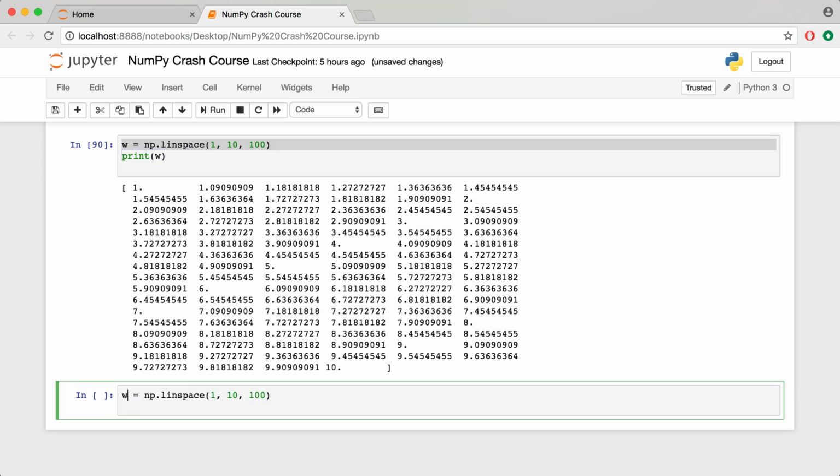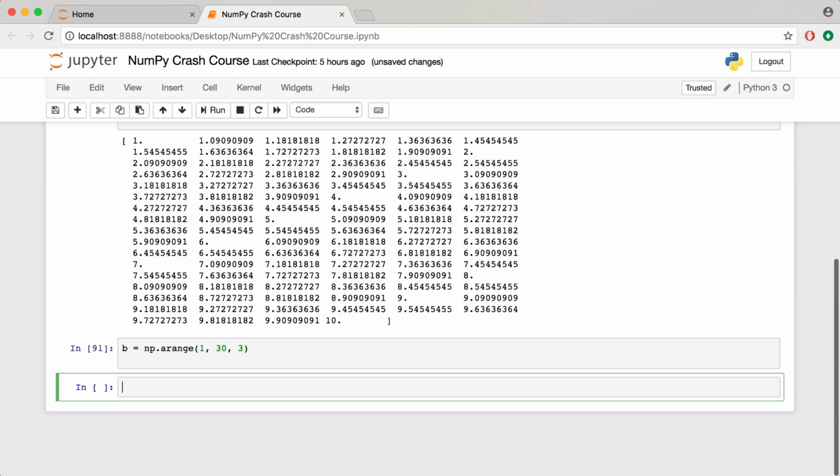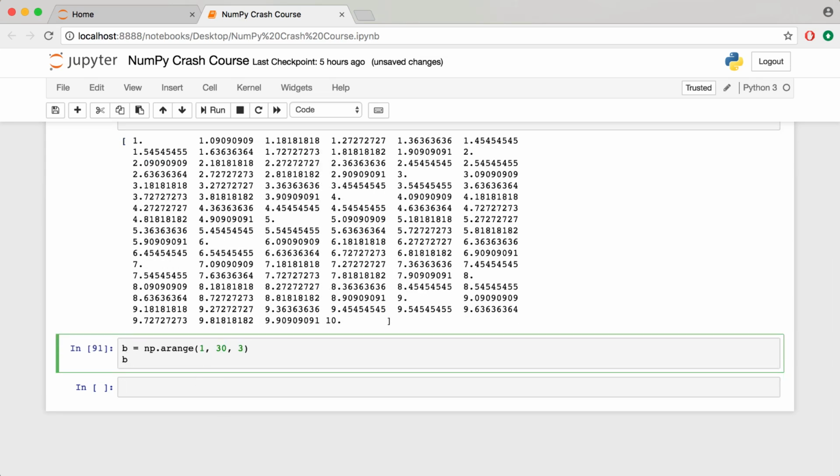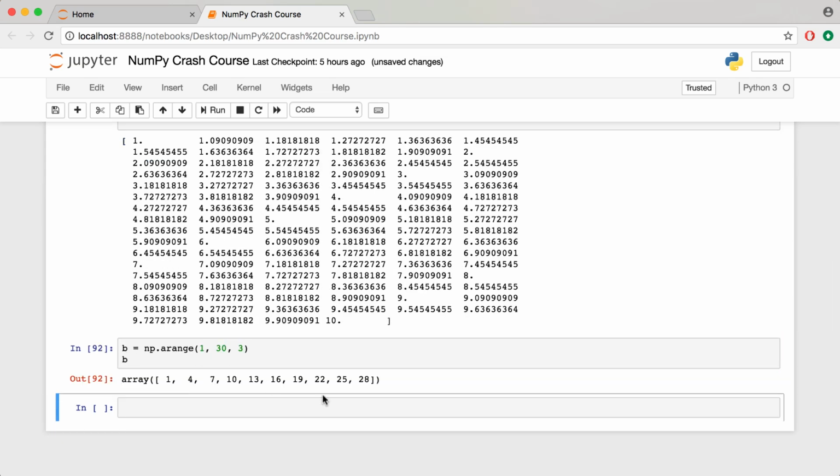I will call this B. B is equal to np.arange. And if I indicate a step of 3 and have the numbers go from 1 to 30, the sequence is still going to be from 1 to 29, except that it would grab every third element in the sequence, whereas with linspace,